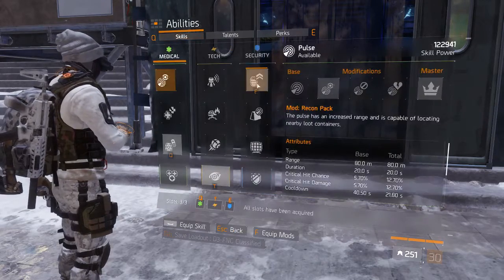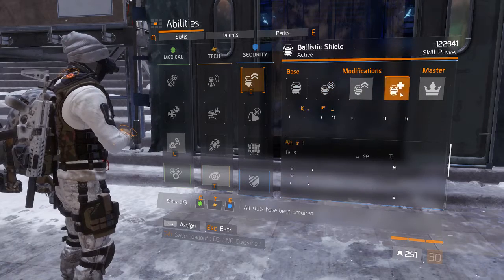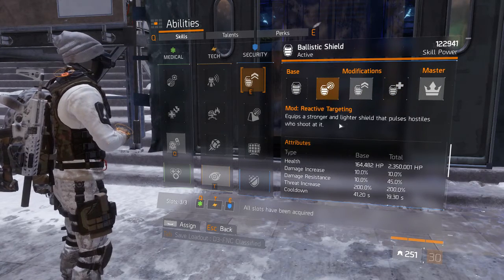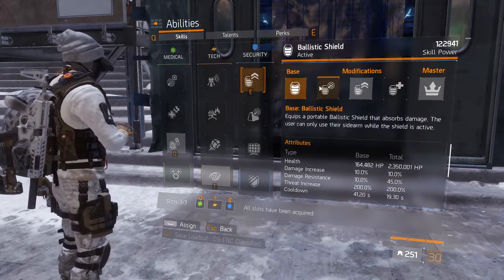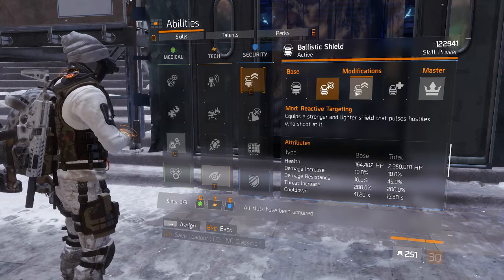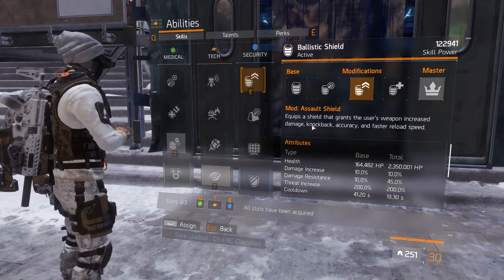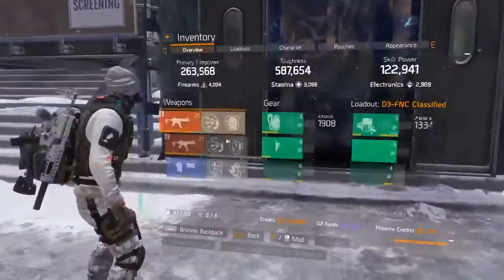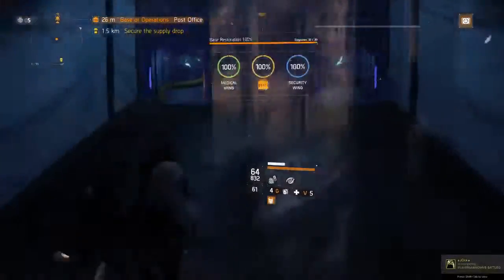First up, I'm going to explain to you why I didn't go with the reactive targeting or the kinetic breaker mod. I mean, reactive targeting, it keeps a stronger and lighter shield that pulses hostiles who shoot at it. That means the hostiles will be pulsed if they shoot the shield, which could be beneficial, but the assault shield gives us increased damage on the weapon, knockback, accuracy, and faster reload speed, which is actually really strong if you combine it. Actually, let me go to the